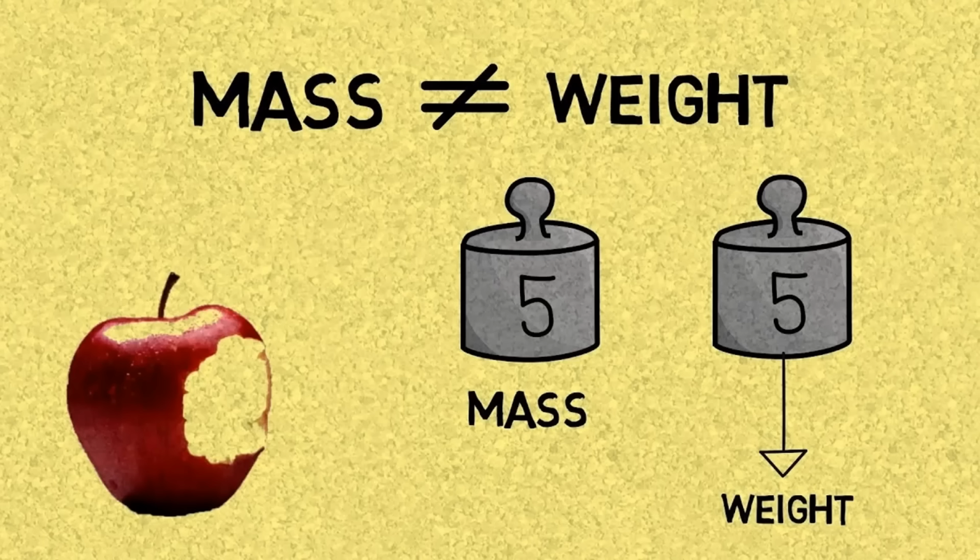Scalars have value but no direction. Vectors have both value and direction. For example, your mass is a scalar as it has value but no direction. Your weight, on the other hand, is how much you're pulled by gravity, so it is a vector. That is why you say you feel weightless when you feel like you're not being pulled by gravity, but you never say you feel massless because you're never massless even in zero gravity.